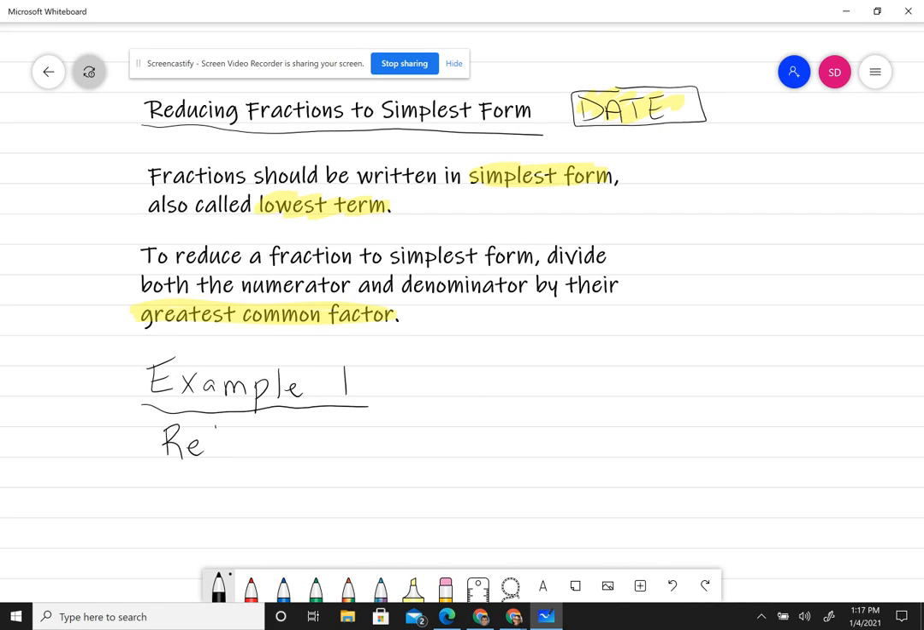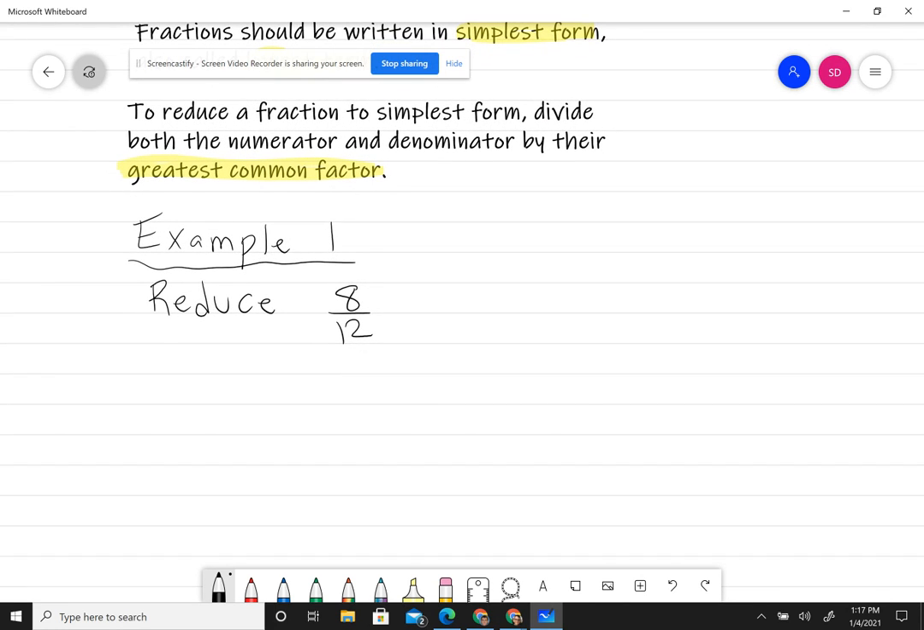We're going to reduce the following fraction to simplest form. So reduce 8/12 to simplest form. So again, you want to divide both the numerator and denominator by their greatest common factor. So the first thing we have to do is find the common factor. So the way you do that, the greatest common factor, is you take the number in the numerator and you